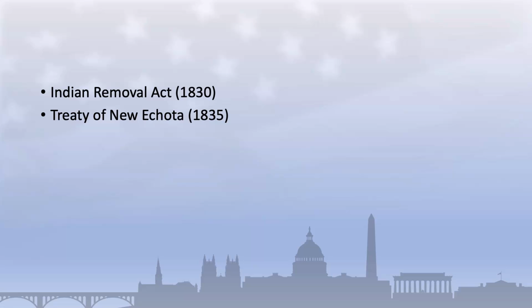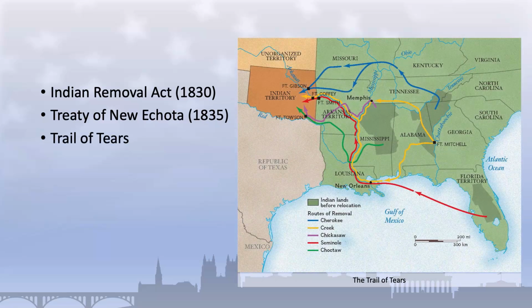Under the terms of the treaty, the Cherokee were forced to cede all lands in the southeastern United States in exchange for reservation land in present-day Oklahoma. It was also used to justify the forced removal of an estimated 100,000 indigenous people of the Cherokee, Creek, Chickasaw, Choctaw, and Seminole nations from their ancestral homelands to the Oklahoma Reservation, a journey known today as the Trail of Tears. Members of the Cherokee and other nations were forced to march more than 1,000 miles to the reservation, with thousands dying of disease, exposure, exhaustion, and murder along the way.